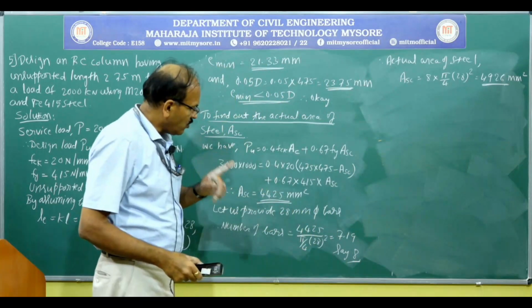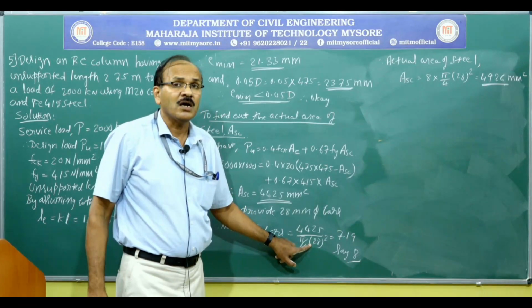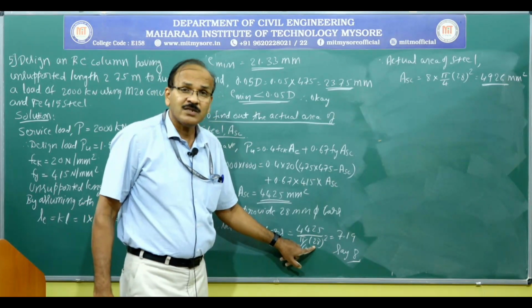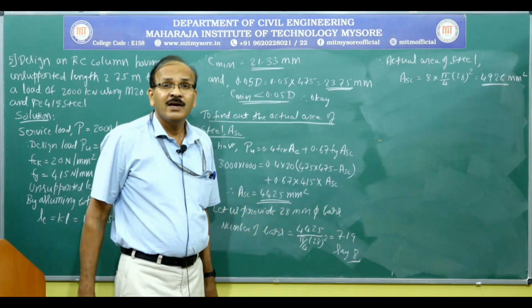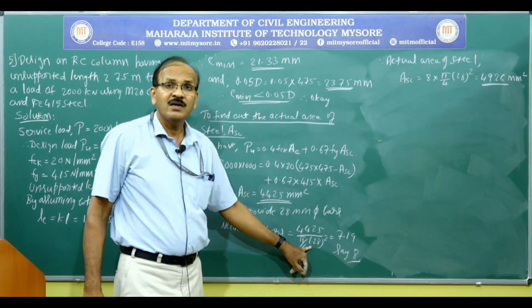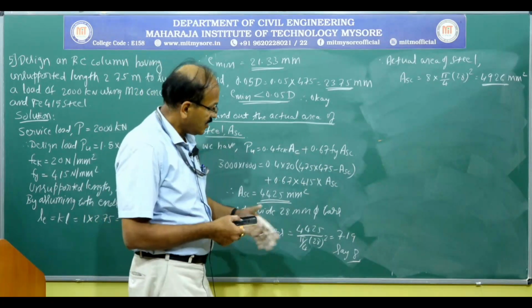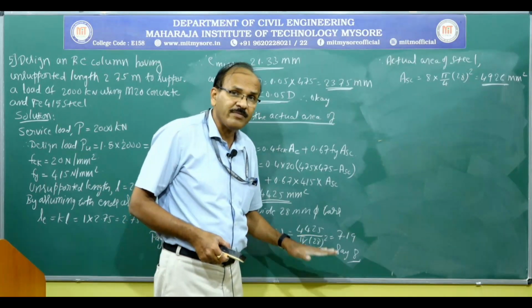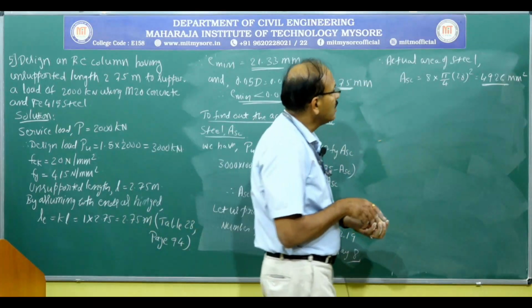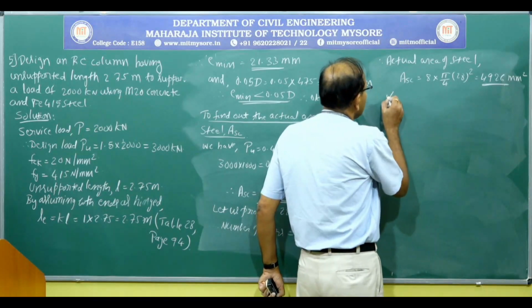So there is one more here. We don't know whether 28 millimeter diameter bars are existing in the market or not. If not, go for a different diameter of the bar, find out how many bars we need, okay, then provide that many number. Okay, here I am assuming that 28 millimeter diameter bar is available in the market. So coming back to this, so once we have ASC 4926 millimeter square, percentage of compression steel